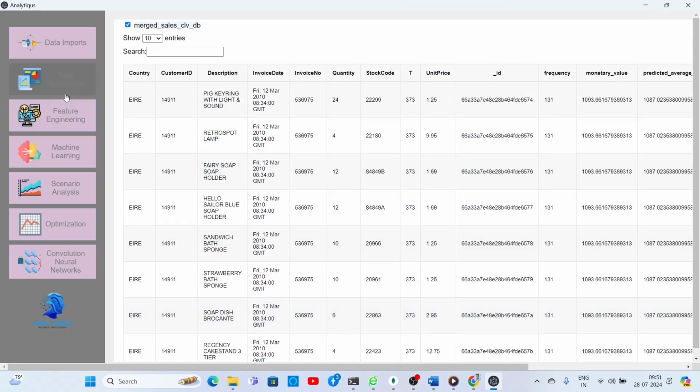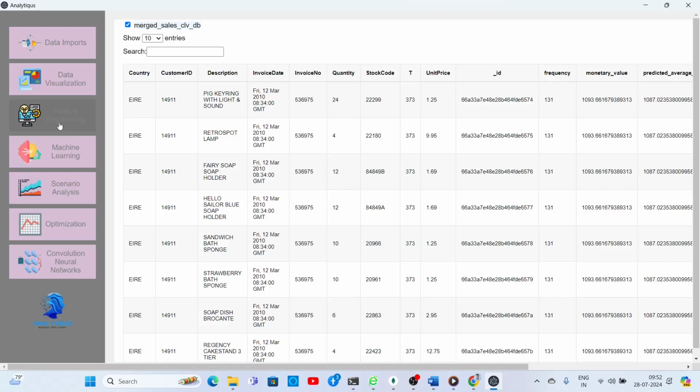Now we have options like feature engineering. We will cover this option in another video, as this video will become very large. There are a lot of options available in feature engineering, like data encoding, and handling missing values with data imputation techniques. You can do principal component analysis. You can create charts or outputs that show you the importance of your variables in your regression model or the classification model.